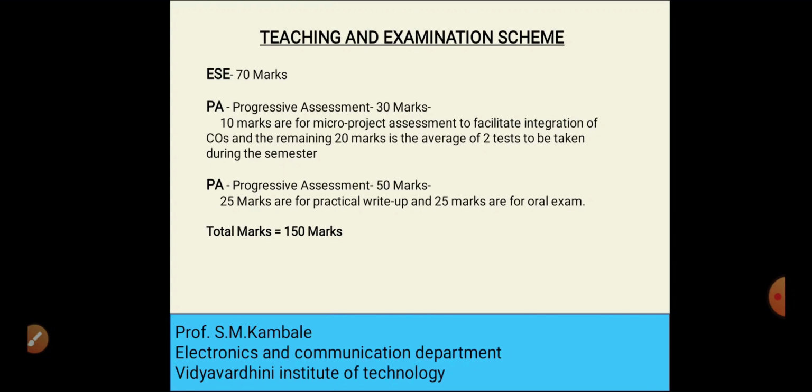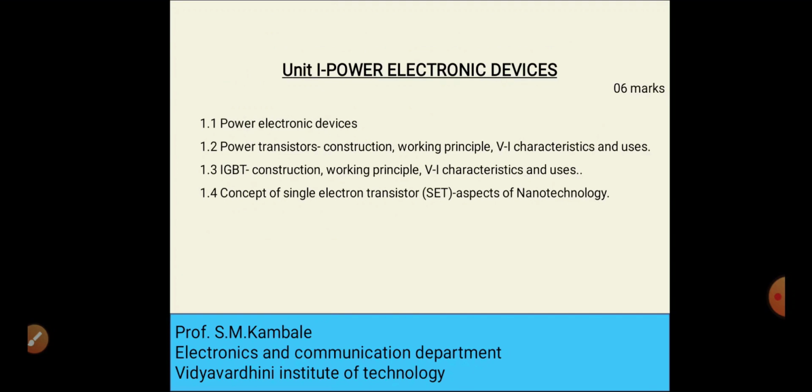So the theory subject total marks is 100 and practical is 50 marks. So the total marks for the particular course is 150 marks. Okay, now looking at the next, that is the whole syllabus of unit number one, that is power electronic